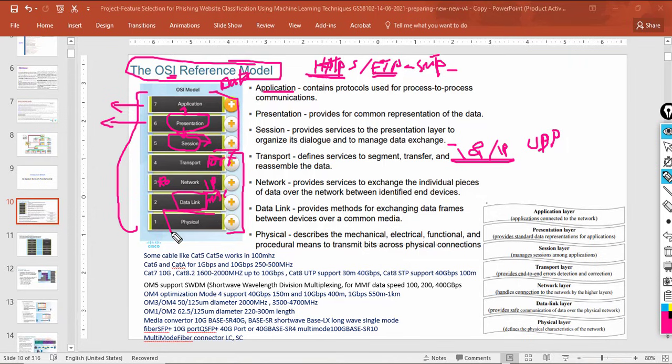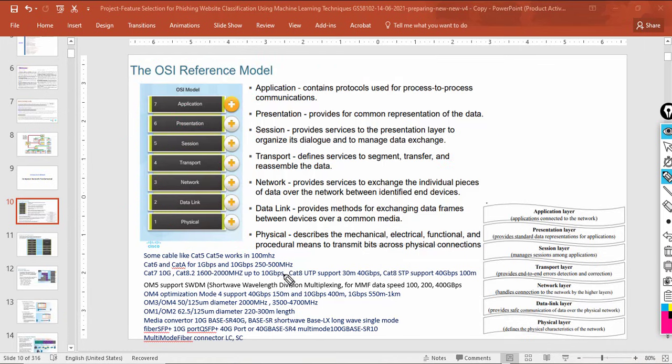The physical layer, from its name, is like wireless or cabling, UTP cabling, or computer cabling between the devices inside your network or your home. It's called the physical layer, where it can send the packets or the frames as bits over the communication media, like fiber optic, UTP, wireless, and so forth. So we have,